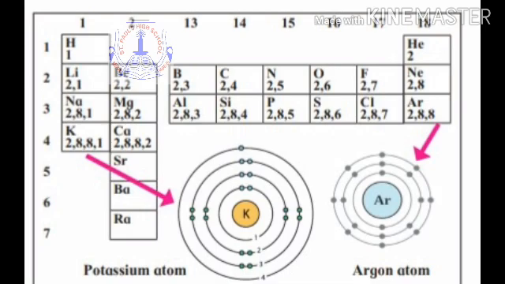Shells are constant over here, 2 to each, but we have increased the number of valence electrons in the last shell. So as the valence electrons go on increasing, they experience more pull towards the nucleus, and therefore the atomic size goes on shrinking as you go from left to right in a periodic table. So what did we learn here? In a group, or as you go from top to bottom, the atomic size goes on increasing because the number of shells goes on increasing.